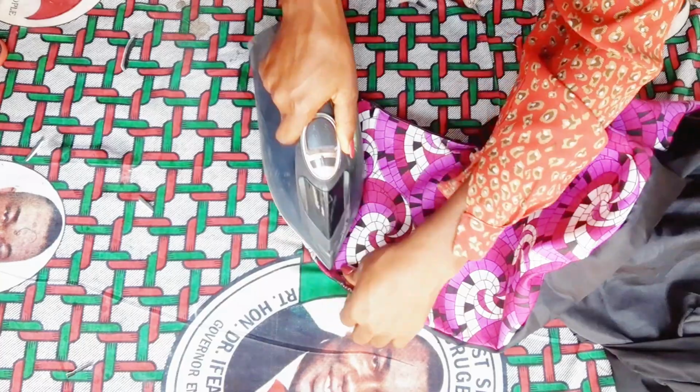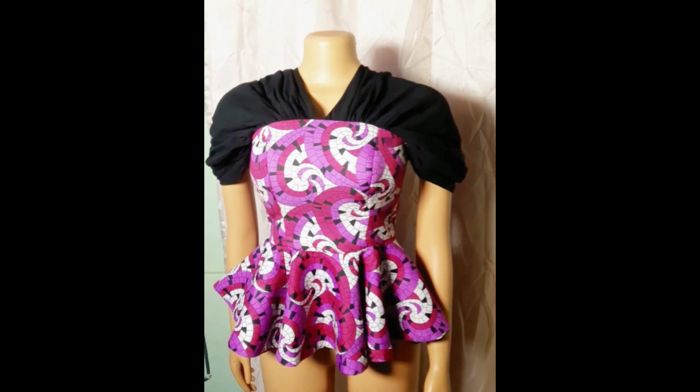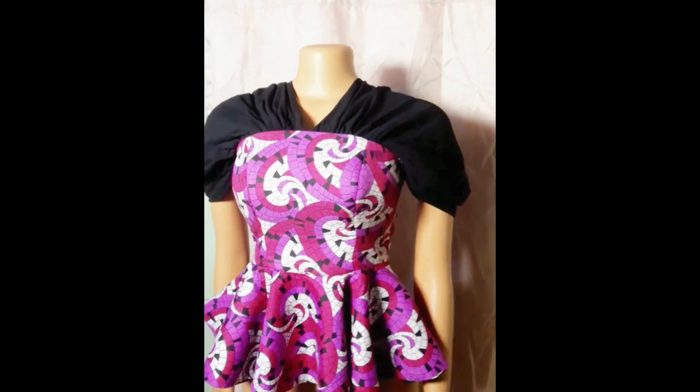Sprinkle water on your fabric and iron. So that is it for this tutorial, and this is the outcome